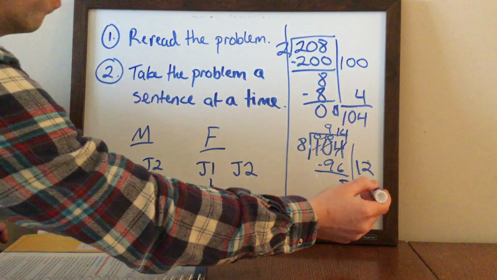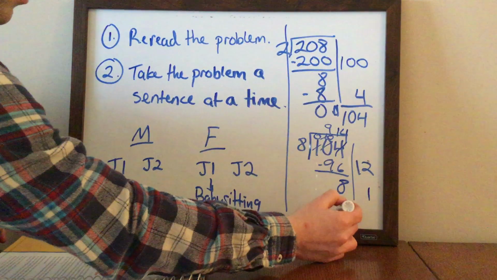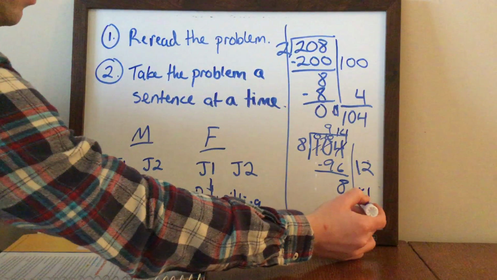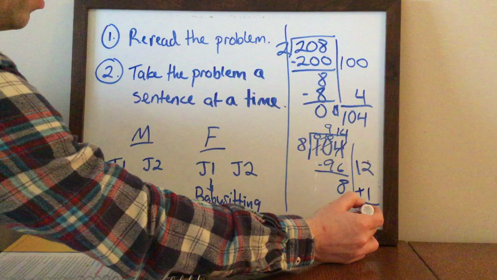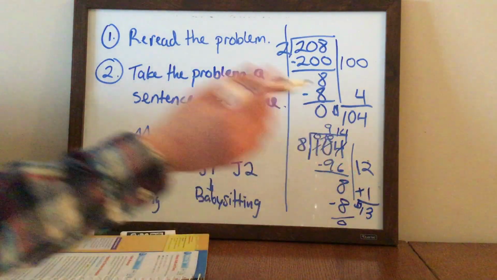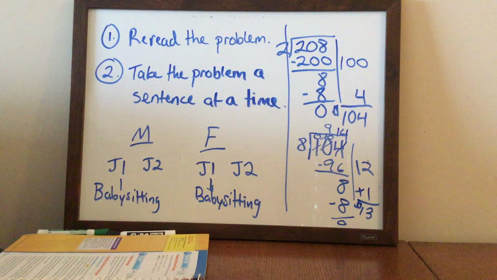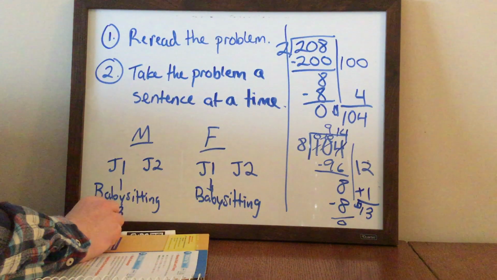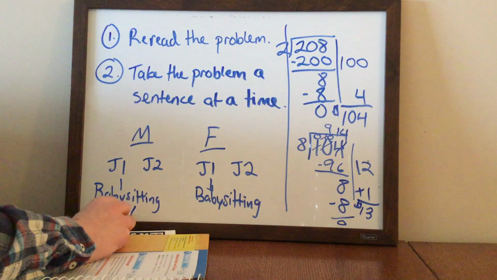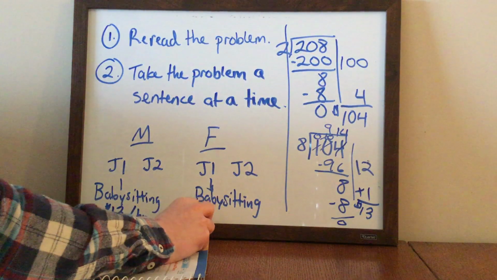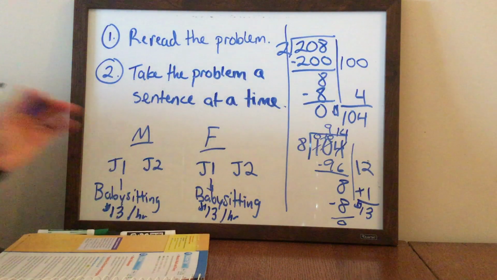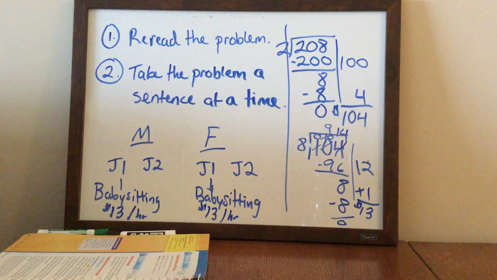8 goes into 8 one time. 8 times 8 is 8. And we're left with 0. So when I add these together, that is $13 per hour. I'm out of room, so I can't even add a label. But if they want to work babysitting, that means each one of them would earn $13 per hour. Now I need to erase my board, but what I want you to do is